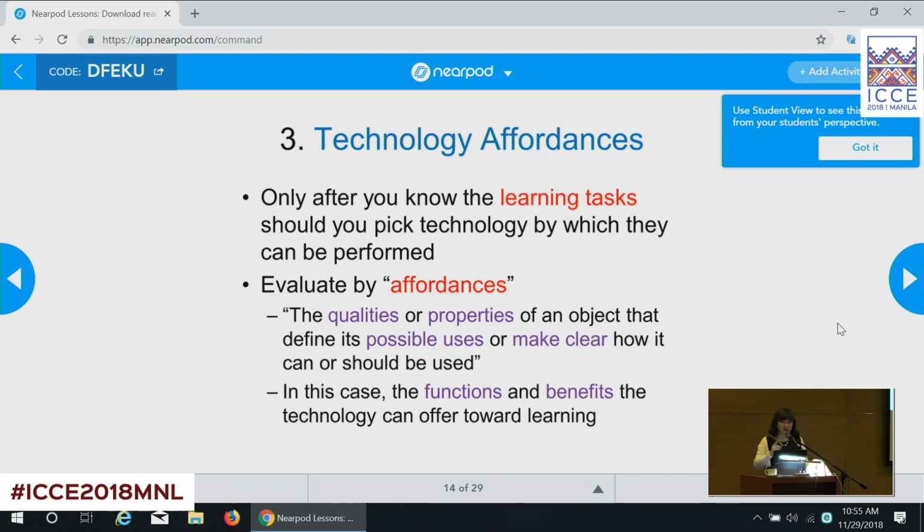Affordances usually refer to the qualities or properties an object possesses, and it defines its possible uses or makes clear how this object can or should be used in language learning. Affordances are the functions and the benefits the technology can offer students